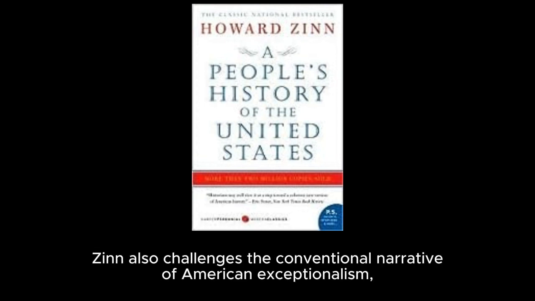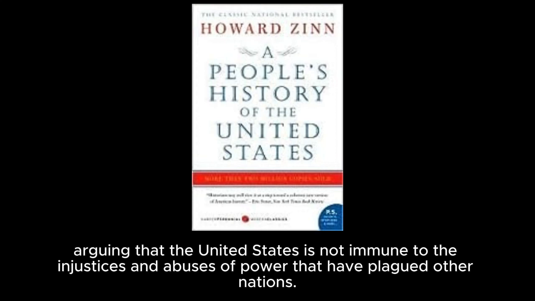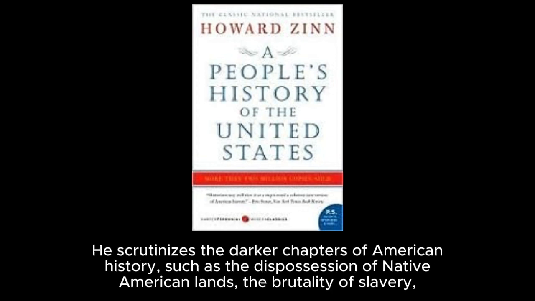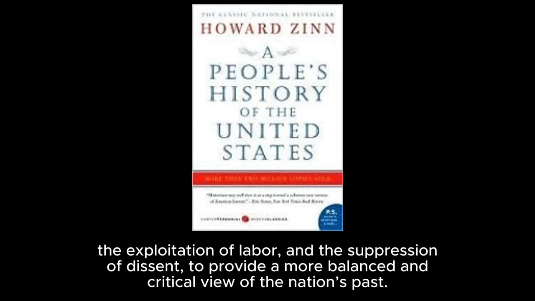Zinn also challenges the conventional narrative of American exceptionalism, arguing that the United States is not immune to the injustices and abuses of power that have plagued other nations. He scrutinizes the darker chapters of American history, such as the dispossession of Native American lands, the brutality of slavery, the exploitation of labor, and the suppression of dissent, to provide a more balanced and critical view of the nation's